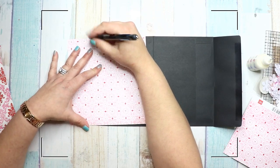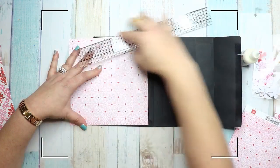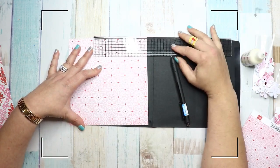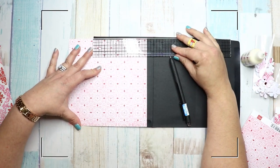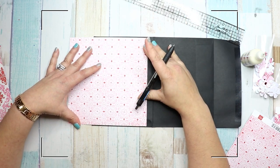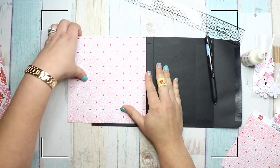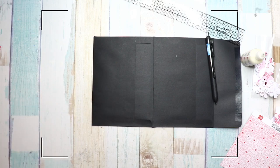And you could literally take a ruler and measure out, okay, I need to cut 4.5 inches off, or you could do it this way. This is kind of how I do it. And I just know that I need to cut right there. So I'm going to take